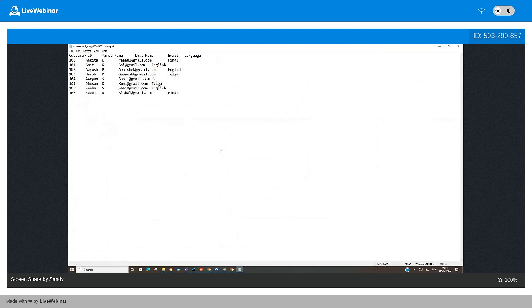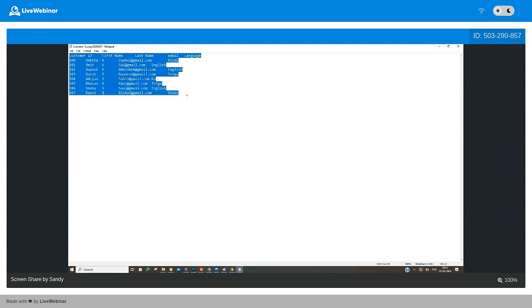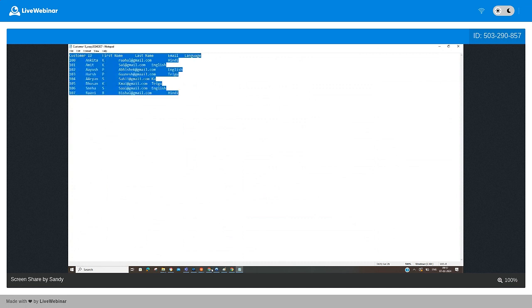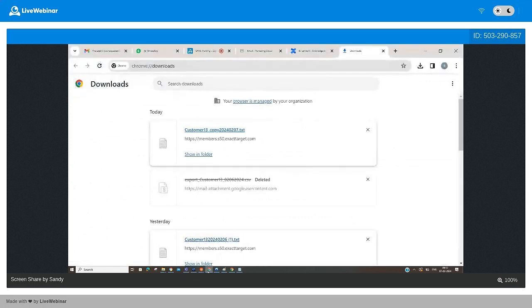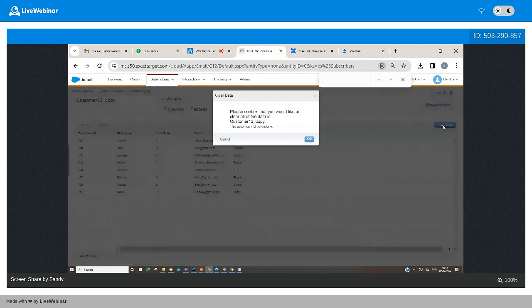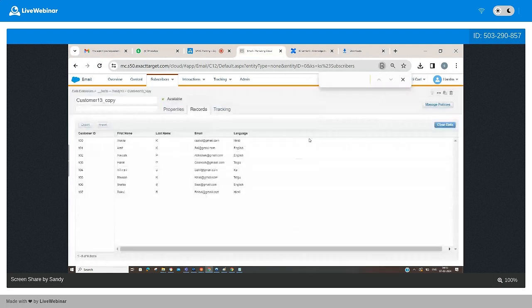Whatever data we have in the data extension, after exporting it, the data is showing in tab format. This type of data we can also store in the data extension. Again I'm going to restore this data into our data extension. First I'm going to clear that data. Okay, after clearing the data,